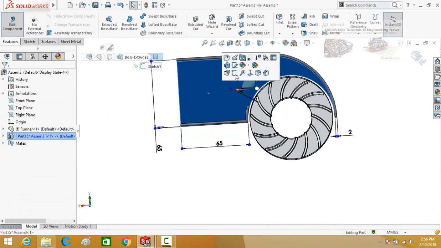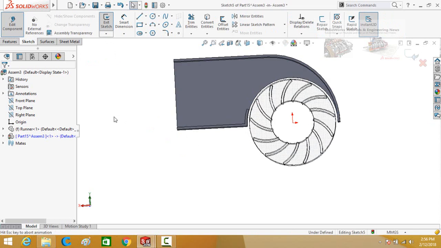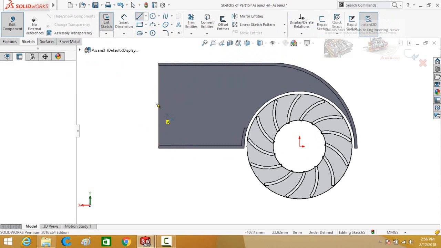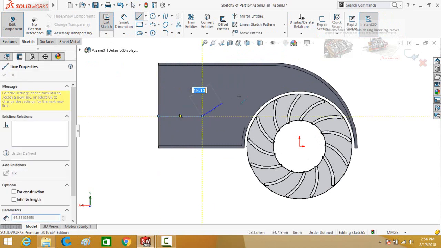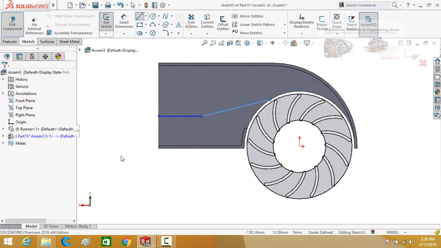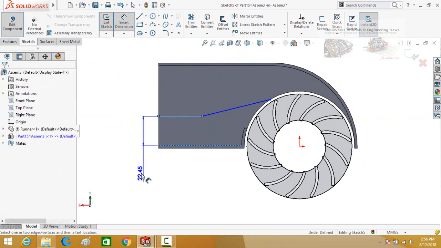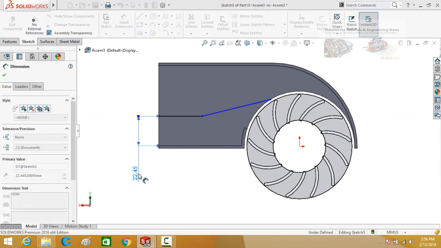Again sketch on this face, make normal to and draw a line. Start it from this point. Now define the distance of this line from this line, 20 millimeter.